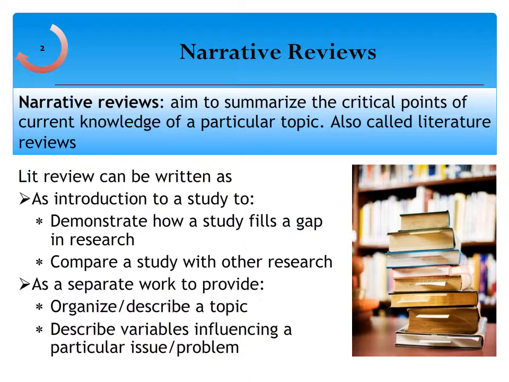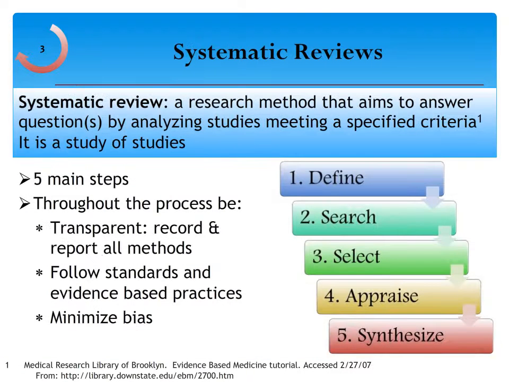particular issue or problem. A systematic review is a research method that aims to answer a question by analyzing studies meeting specified criteria. Put another way, it is a study of studies. To answer this question, there are 5 main steps: define, search, select, appraise, and synthesize. We will be going over these steps again later in this module, then focusing on each one with its own